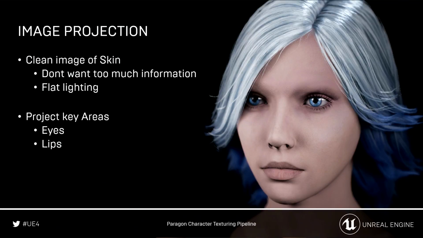And so at this point, we load the character into Substance or Mari, and we start projecting new skin onto the character. And most of the time, this is from photo source that has been calibrated in a flat lighting scenario, and it doesn't have to be from the face. In fact, I like to use the skin from someone's back,